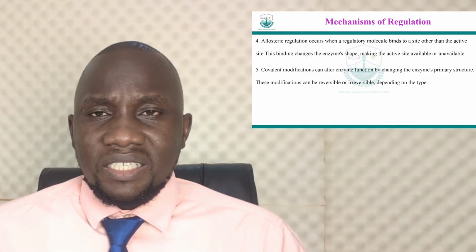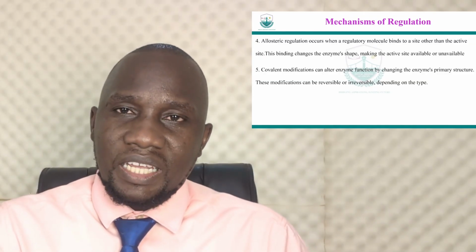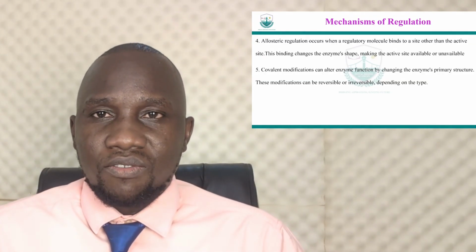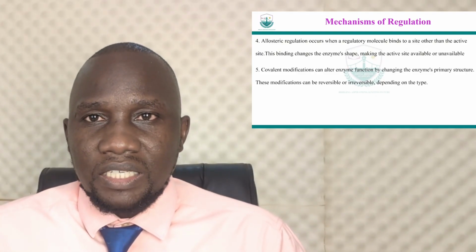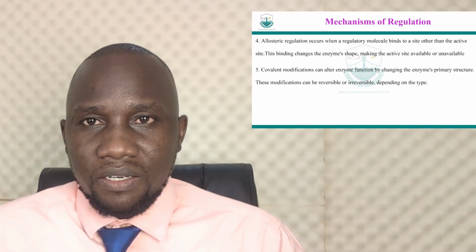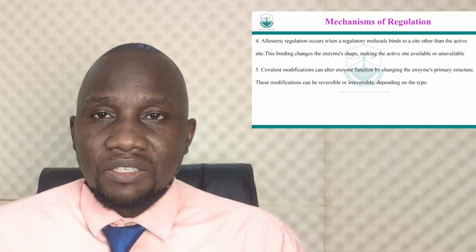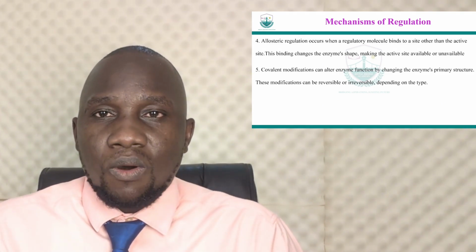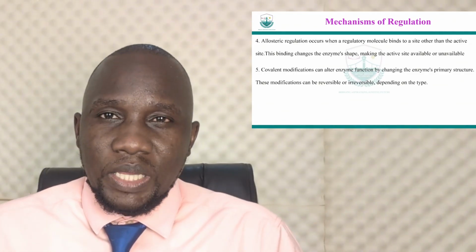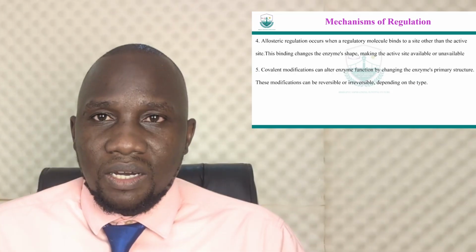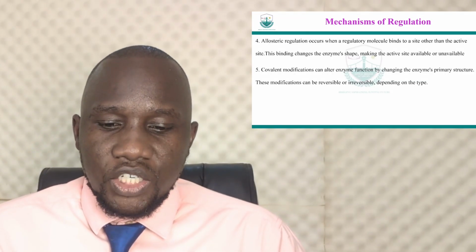And then we have what you term allosteric regulation, where another molecule binds to a site apart from the active site and causes a transformation of the active site. This consequently results in the enzyme not being able to carry out its function because the active site has been altered. You can have a number of those molecules that naturally exist within the body to carry out that function. And then we have covalent modifications.